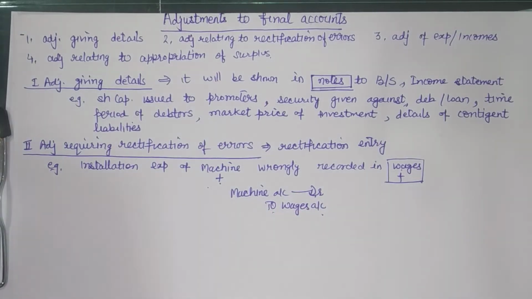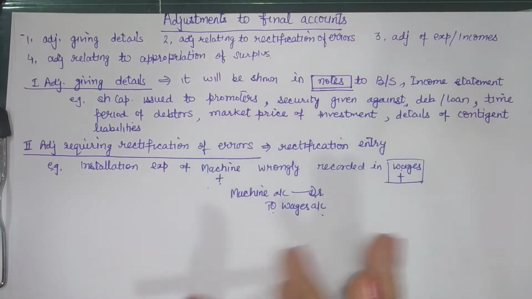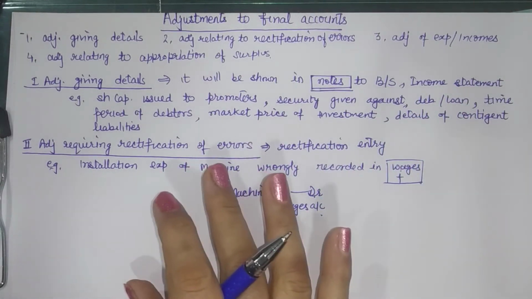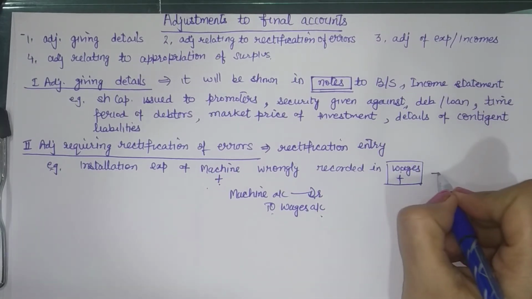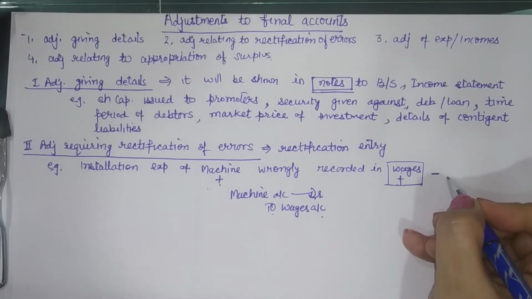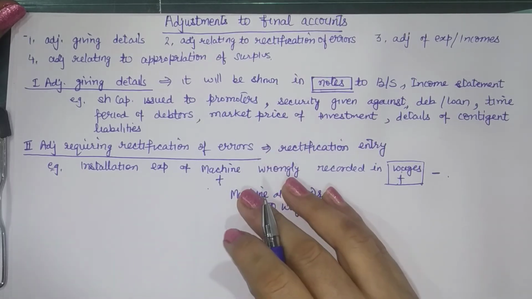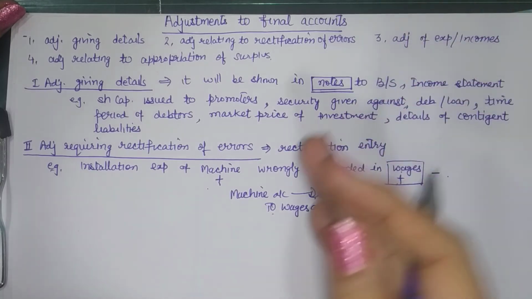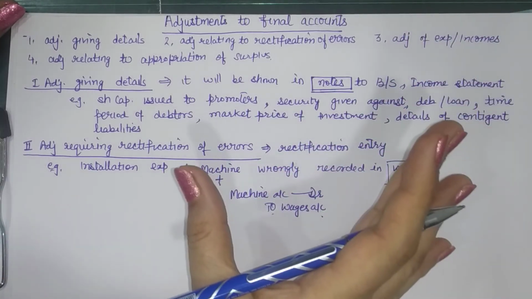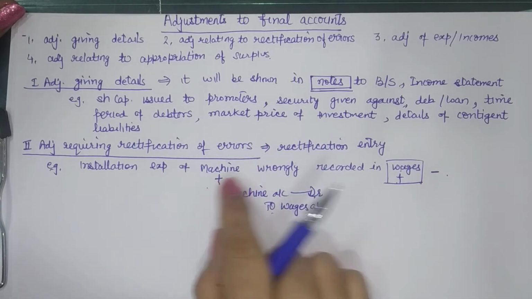Now while adjusting these, we don't need to look at the debit or credits, the reason being that we are just to correct the amount. So you can just think in terms of plus and minus. Like we know that by mistake our wages have increased, so the correct thing will be to reduce it to cancel this effect. And since this amount should have been added in the machine, you will add it in the machine. So don't think of the debit and credit here. Just remember which account is to be increased or which is to be reduced. So make a correction through the trial balance, the given question.